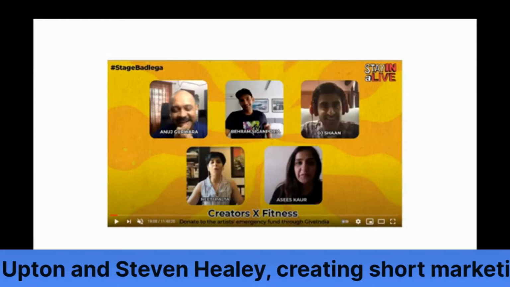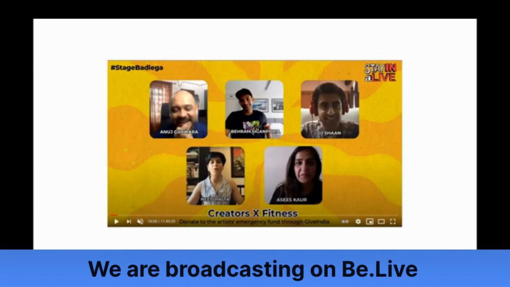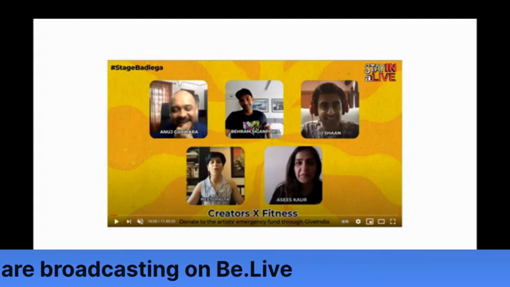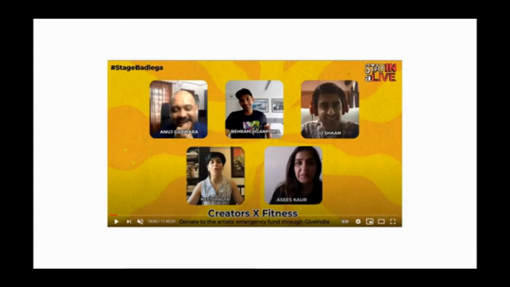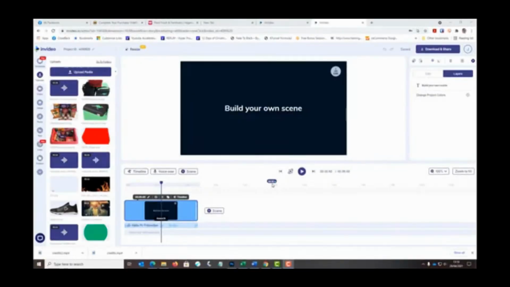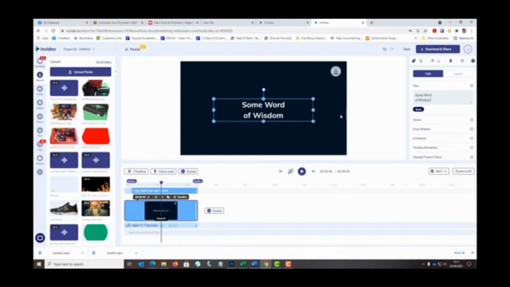Vicus wanted to know how he could make a frame like this. Well, it's not really a frame, it's in fact masked items on top of the picture. So we're going to do that quickly. I'm going to make this a whistle-stop quick job, so we're going to change this here quickly to say some words of wisdom. So that's like my title,